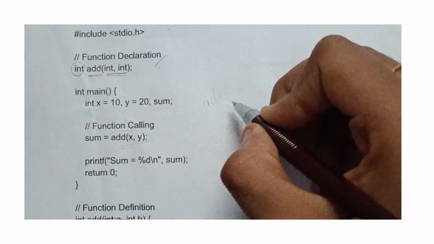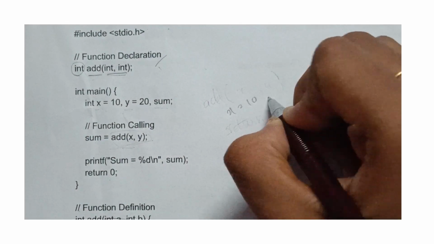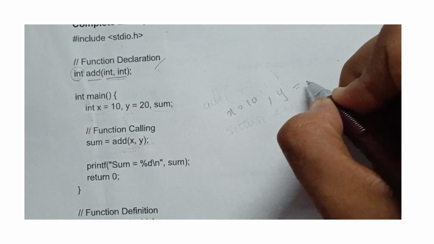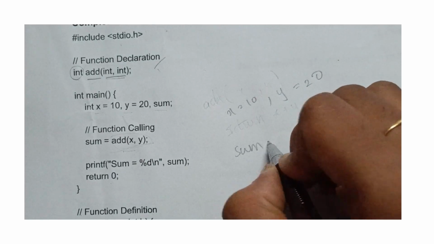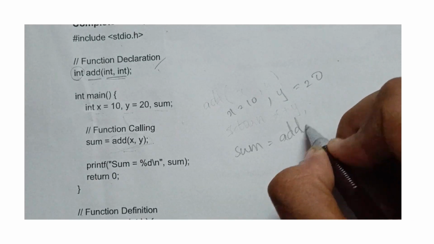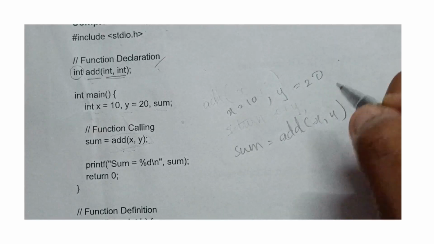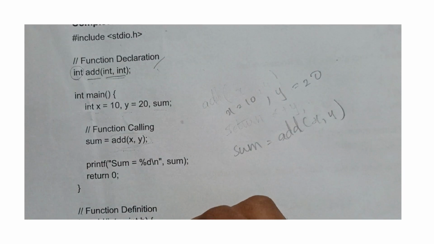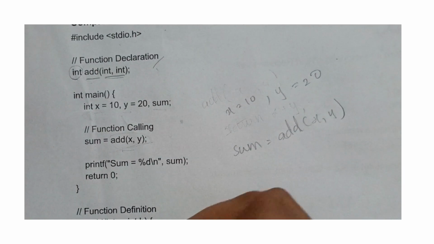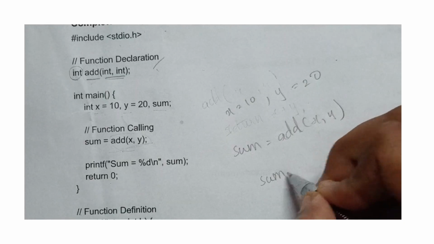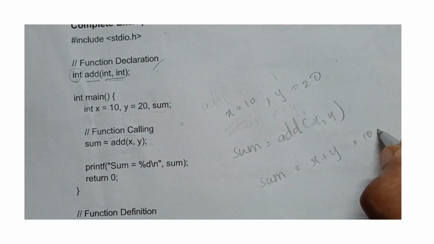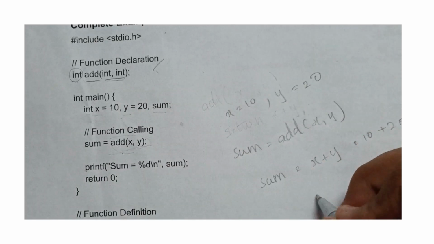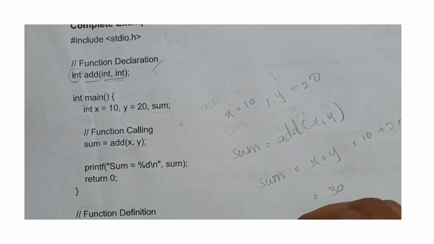So now here, as we are given x is equal to 10 and y is equal to 20, when the function is called and sum is equal to add x comma y, the function that is defined here returns a plus b, that is sum is equal to x plus y, which is equal to 10 plus 20, which gives us 30, and as an output